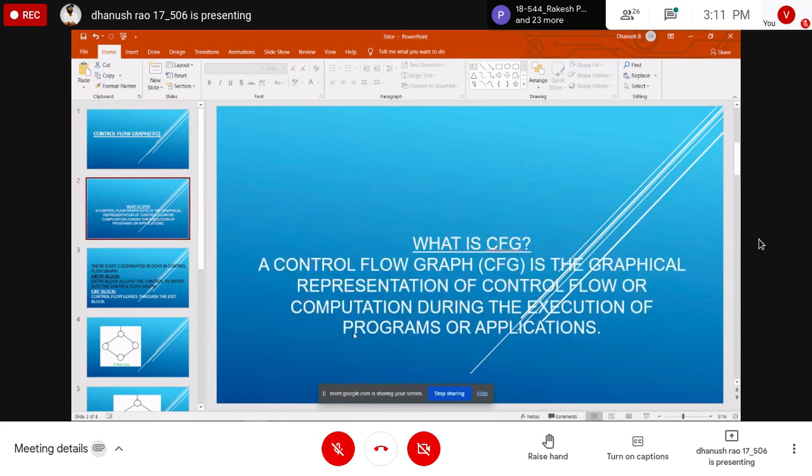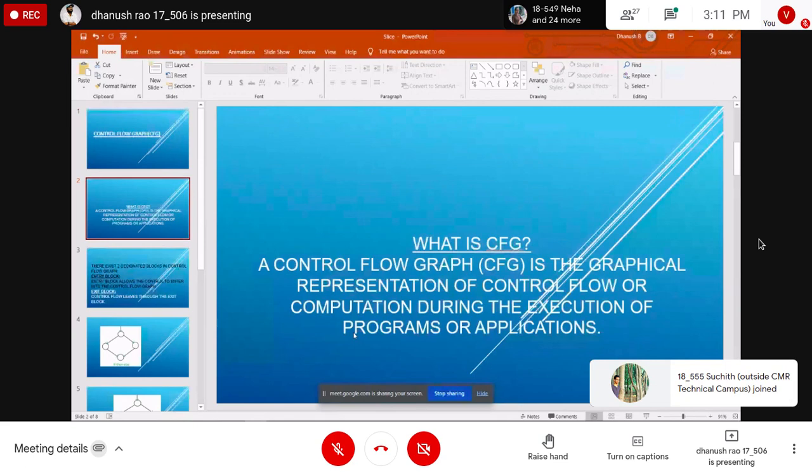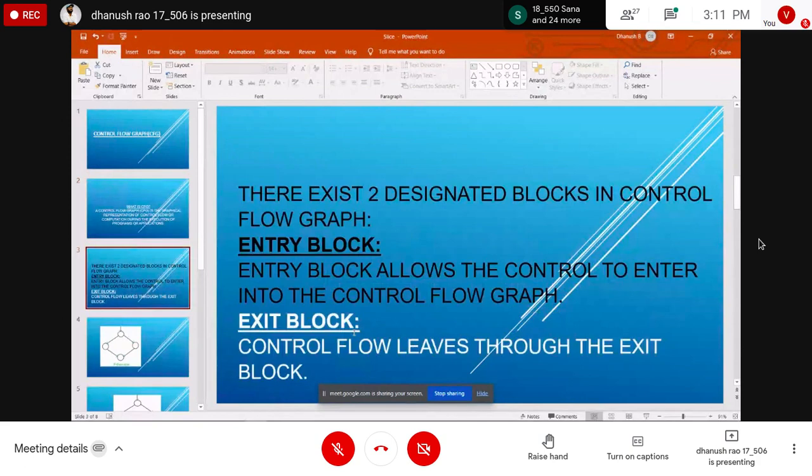Control flow graph is the graphical representation of the execution of a program or application. There are two blocks, where the data enters through the entry block and exits through the exit block.